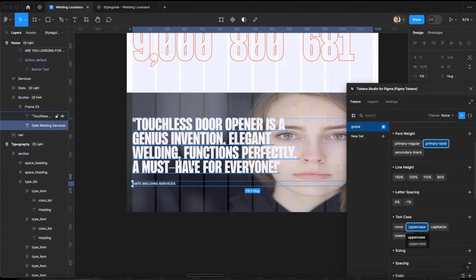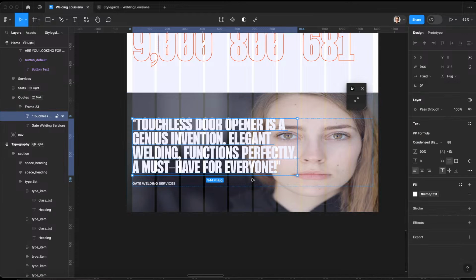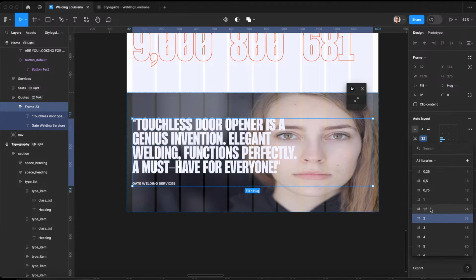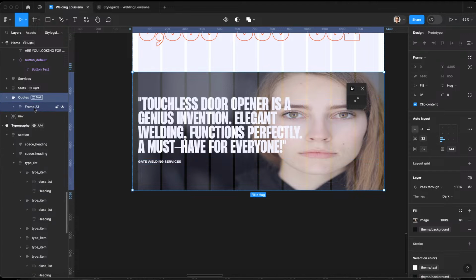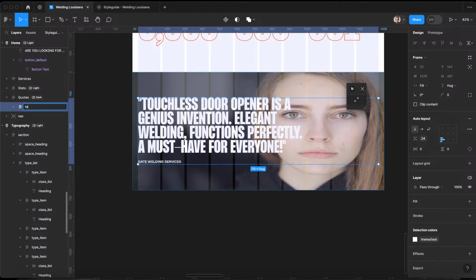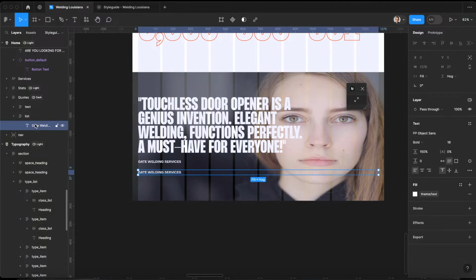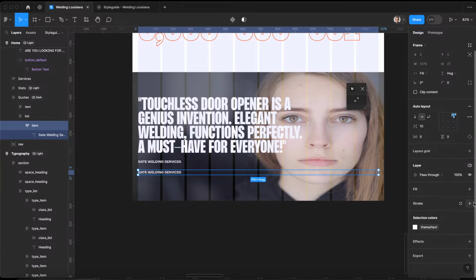Let's see. All right, and then I'll throw in the little cards at the bottom so I can just call this text, duplicate it, call this list, delete, wrap this in auto layout, call it an item, give it a background of,